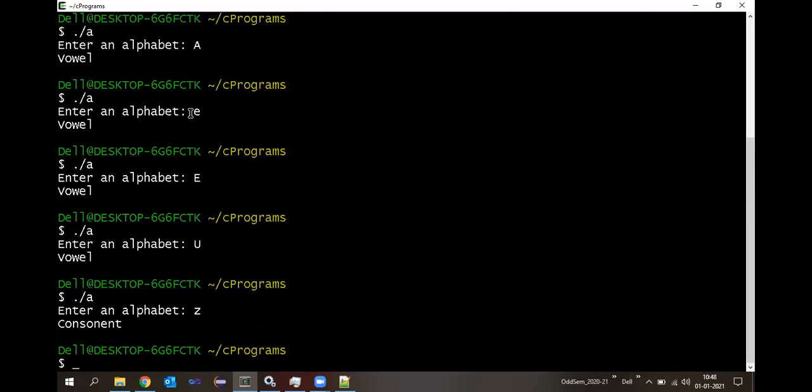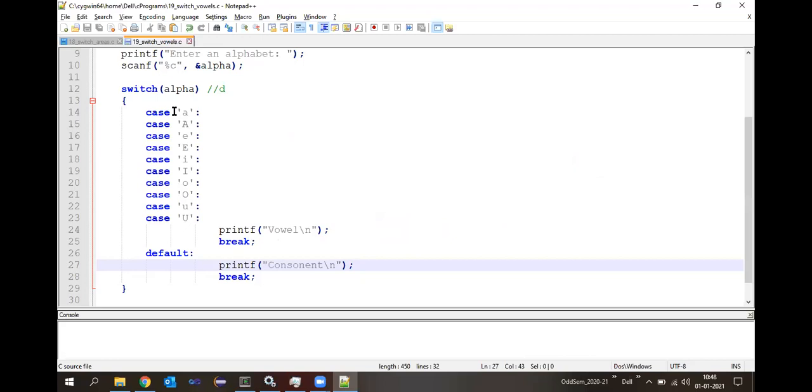So based upon the user input, whenever we are entering alphabets, the program is going to handle it correctly. Whenever there is a vowel, it prints the vowel message, and it prints consonant when the entered alphabet is not a vowel.